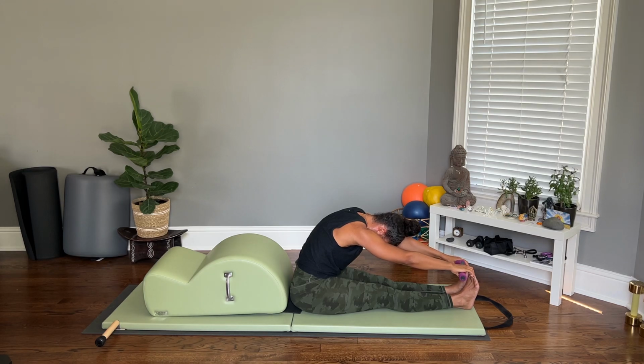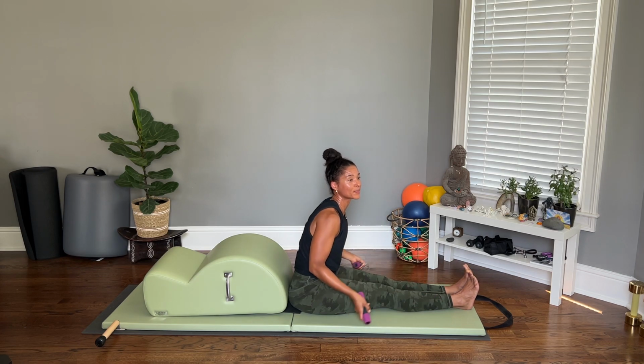Just let the head hang easy here. Deep breath in through the nose, exhale all the way out. Really nice. All right,